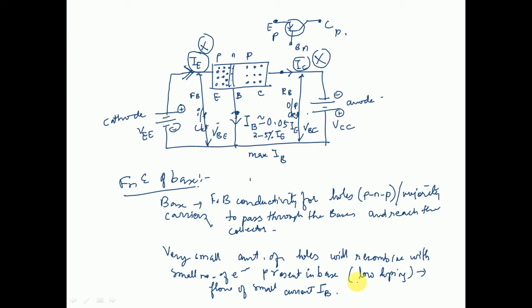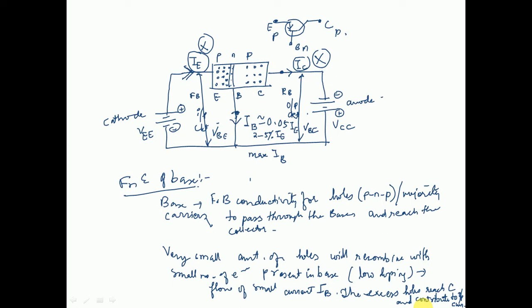Now the excess holes, the ones that did not recombine with the electrons in your N region, are going to reach the collector. Holes reach the collector region and contribute to output current. You can write it down, output current. If this particular thing is clear to you,